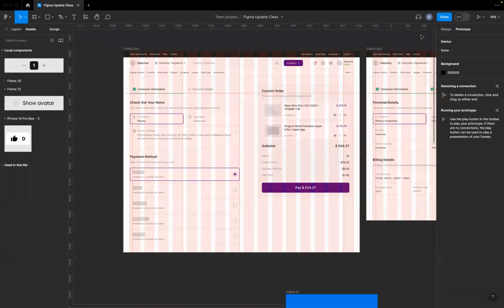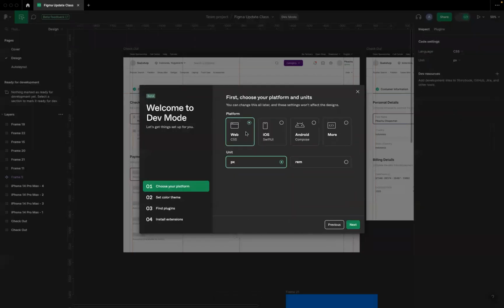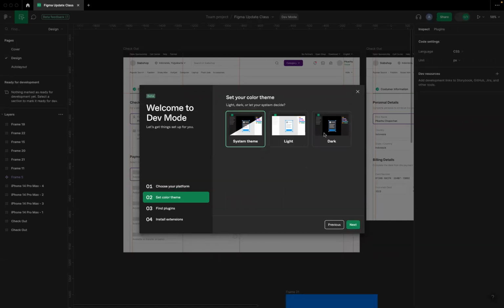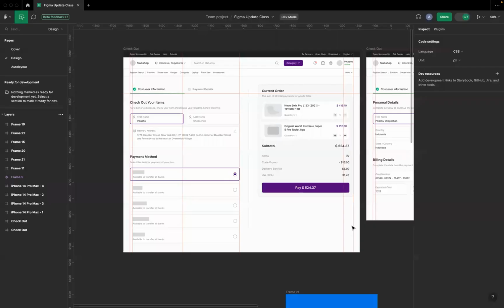You might not really use it, but basically when you switch to dev mode, it asks you which platform you actually want to use. So web, if you are building for iOS, Android, right? So you can basically just choose web, dark mode, go, next, done. Now, what does this help you to do? Now, it gives you